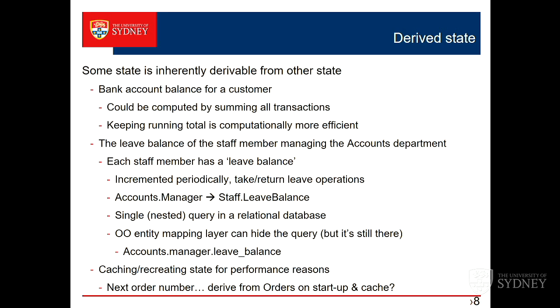So, apart from all the problems of doing that, or I could say, I've got a next order number field somewhere. Well, where is somewhere in that case? I could put a next order number in a database table and go and grab it and, under the appropriate protection, increment it, and there we go. But of course, that's going to be a real hotspot in the database because every order is going to go and update that thing. Could be a problem.